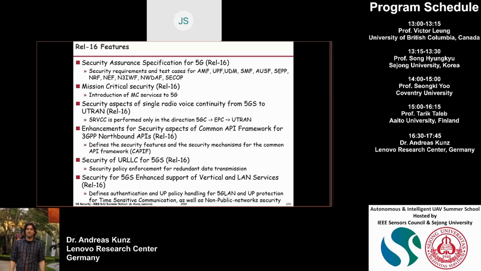So we have the security aspects of the common API framework for the 3GPP northbound APIs, and here we define some features and mechanisms for those APIs. We have the ultra-reliable, low-latency communication for 5G, and here we have basically only the security policy enforcement specified for redundant data transmissions. Then we had the feature of vertical and LAN services. Here we have defined the authentication and user plane policy handling for 5G LAN and the user plane protection for the time-sensitive communication, and we